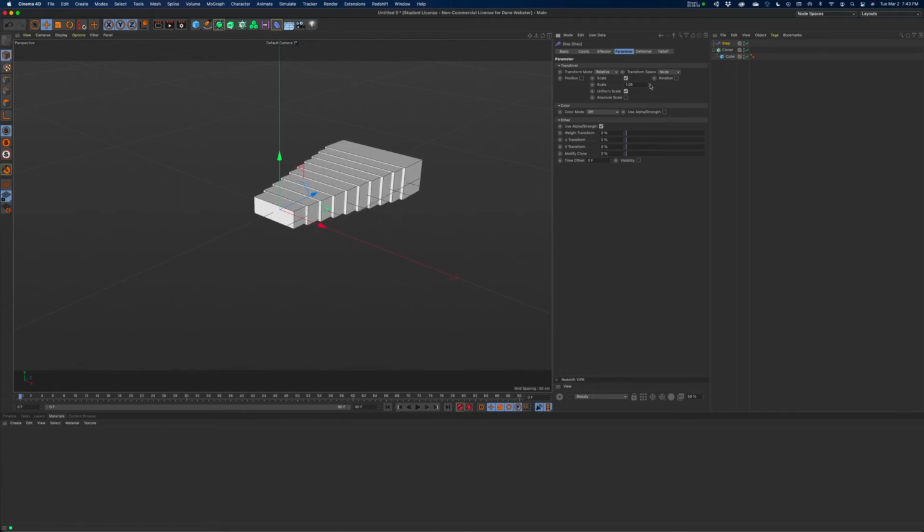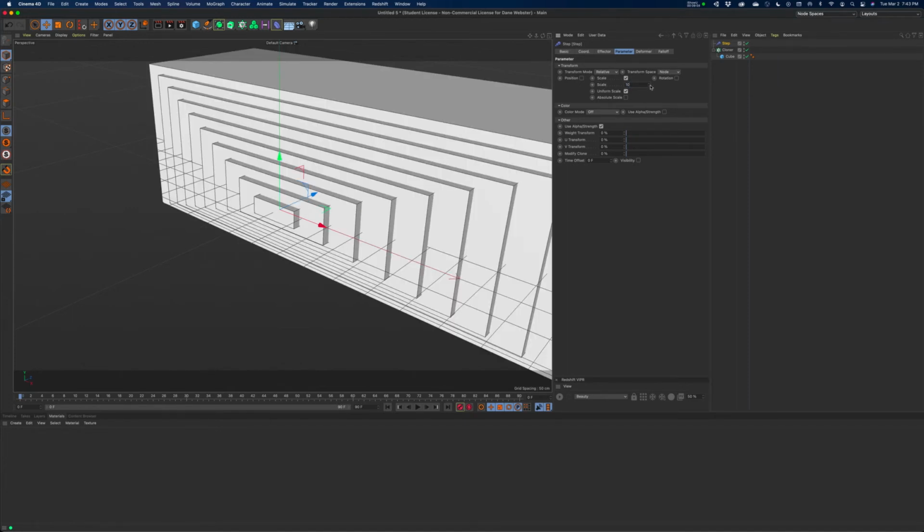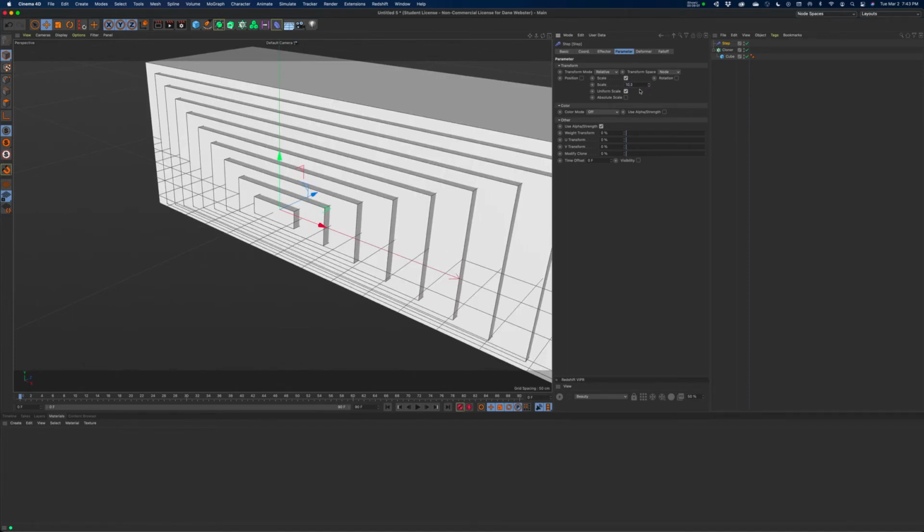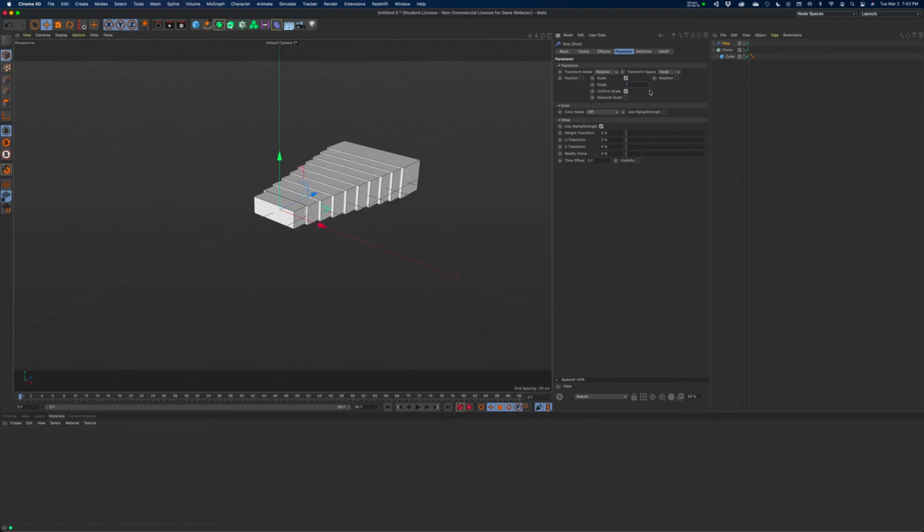And if I make this larger, in fact, let's make it 10, you can see I'm getting, each time it makes a copy, they get bigger and bigger and bigger. That's not really close to what I'm looking for with the steps, because right now the uniform scale is turned on. So I'm going to turn that off so that I can treat what the scaling is for each one of these